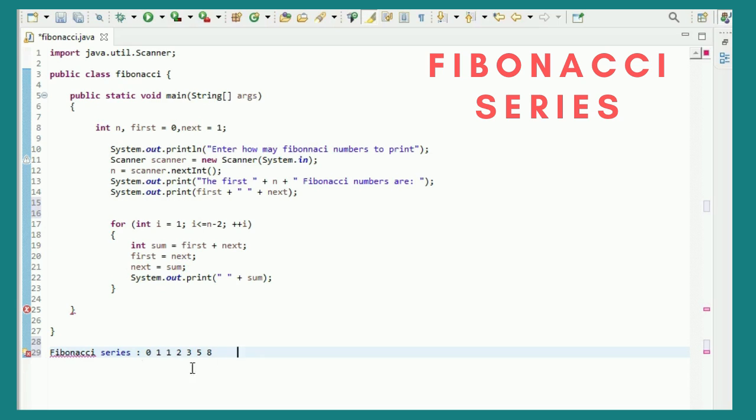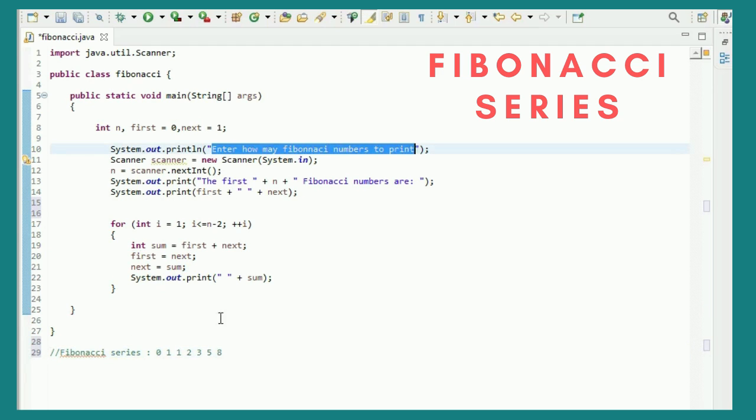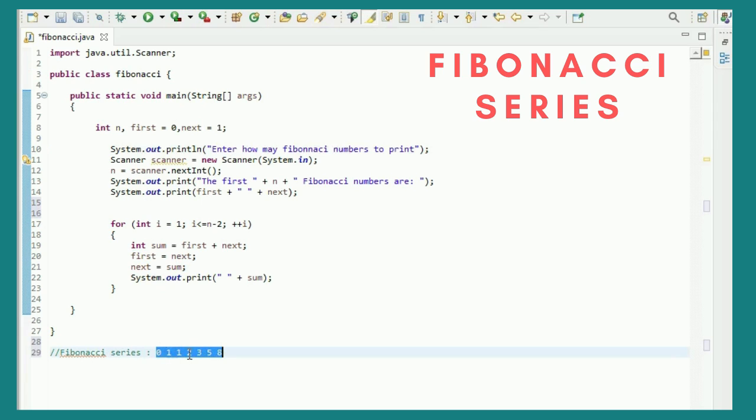So the program basically deals with taking how many numbers I want to print in the Fibonacci series and accordingly displaying. So if you see here, I am having 7 numbers. If I input 7, I will get this as the series. If I input 6, I will get this series displayed, and so on. If I enter a number greater than 7, it will give one more number, that is the number 13 in the series. I'm having just two parts in my program.